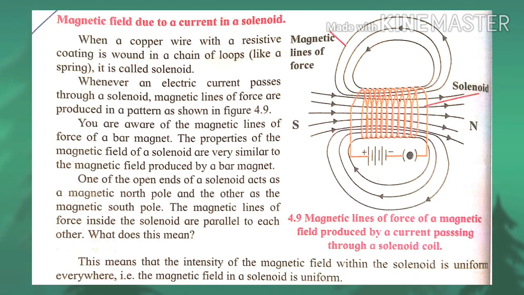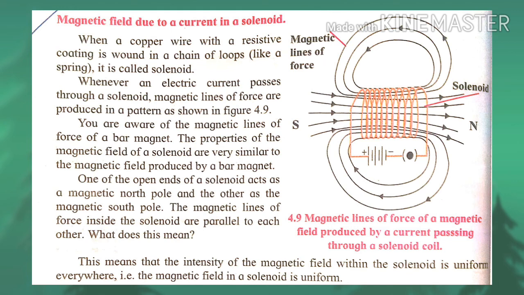Now we discuss magnetic field due to current in solenoid. For this purpose, we discuss one activity, that is a coil of many turns of insulated copper wire wrapped in the shape of cylinder is called as solenoid. Magnetic field lines in solenoid through which current is passed as shown in figure. These lines are similar to that of the lines of bar magnet. One end of the coil acts as a south pole and other end acts as a north pole. Solenoid has all properties similar to bar magnet.